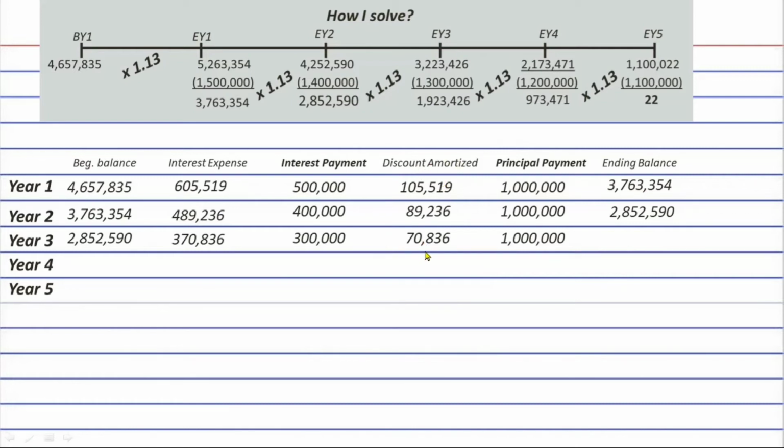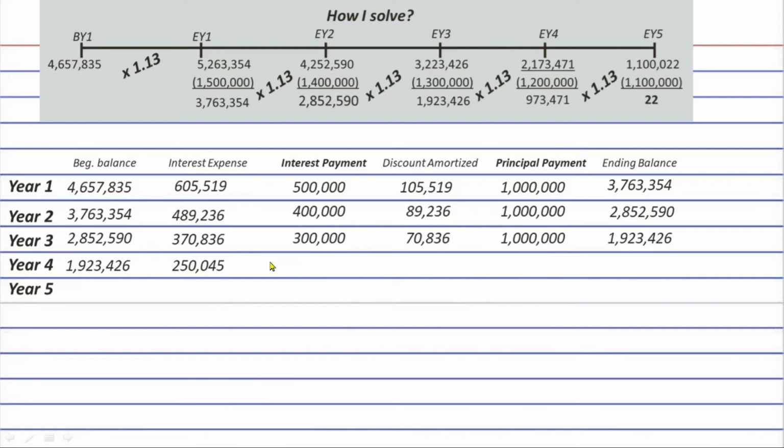Okay? So, where were we? So, we have here 1 million as the agreed principal payment still. So, 2,852,590 plus the discount amortization of 70,836 minus 1 million, and we will have 1,923,426. Again, let's copy that at the beginning of year 4 and then multiply it with 13% effective rate. And we will get